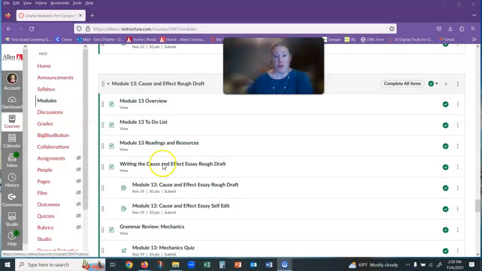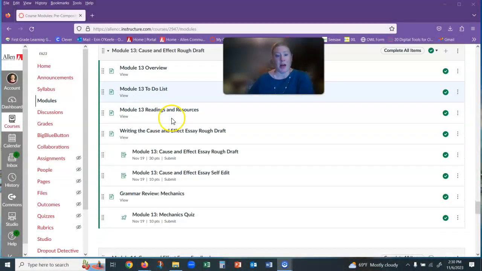This essay, kind of like the previous one, we're spending multiple modules on, and we're trying to really stretch out that process of pre-writing, rewriting, and then finalizing your copy. So making sure that you're spending a lot more time drafting than you might be used to. And this is the module.